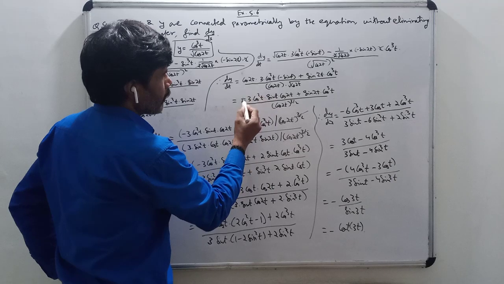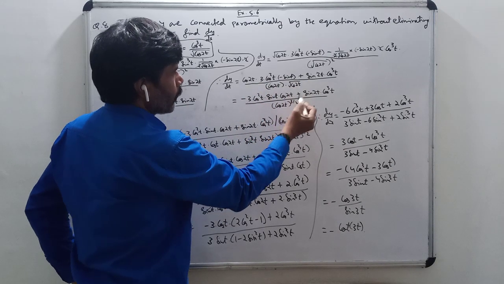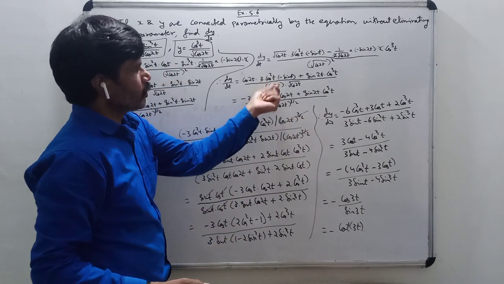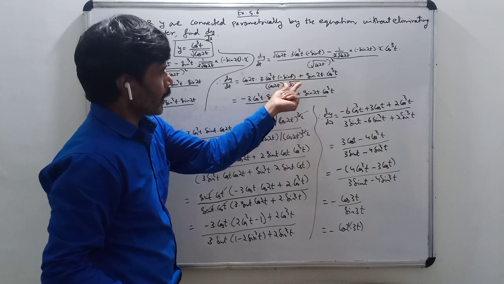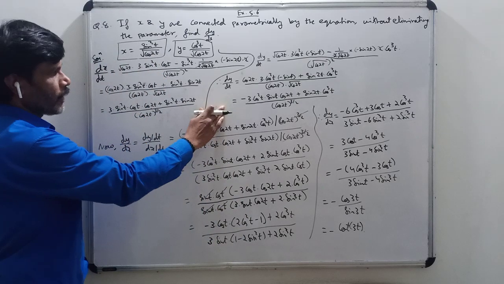Now this minus here, I have written 3, cos square t, sin t and cos 2t, plus sin 2t I have written as it is, cos cube t as it is. Now cos 2t raised to half, and this is cos 2t raised to 1, and here cos 2t raised to half, so 1 plus half will be 3 by 2. Okay, so this is dy by dt.